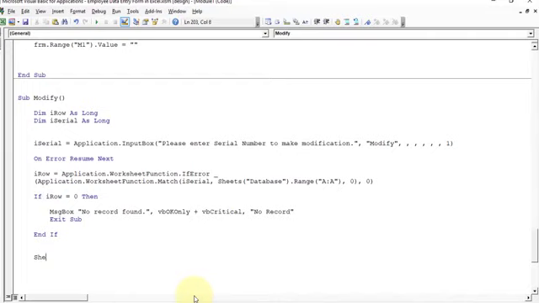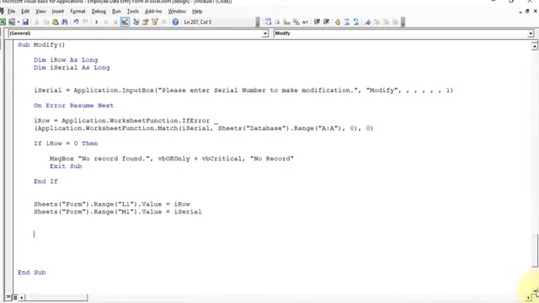So here Sheets form dot Range L1 dot Value is equal to I row. Again Sheets form dot Range M1 dot Value is equal to I serial. So here we are storing I row and I serial number in L1 and M1 cell on form. Okay,